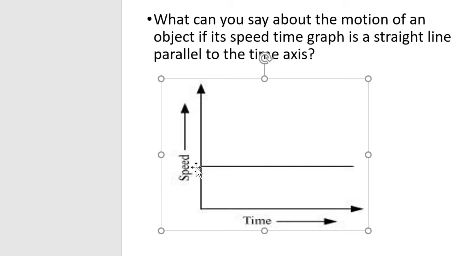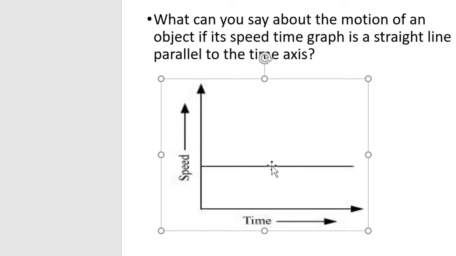What is the speed here? Let's say, for example, the speed written over here is 10 meters per second. So after 1 hour also, the body was traveling with 10 meters per second. After 2 hours also the body is traveling with 10 meters per second. After 3 hours also, if I go up, the body is still traveling with the same speed.